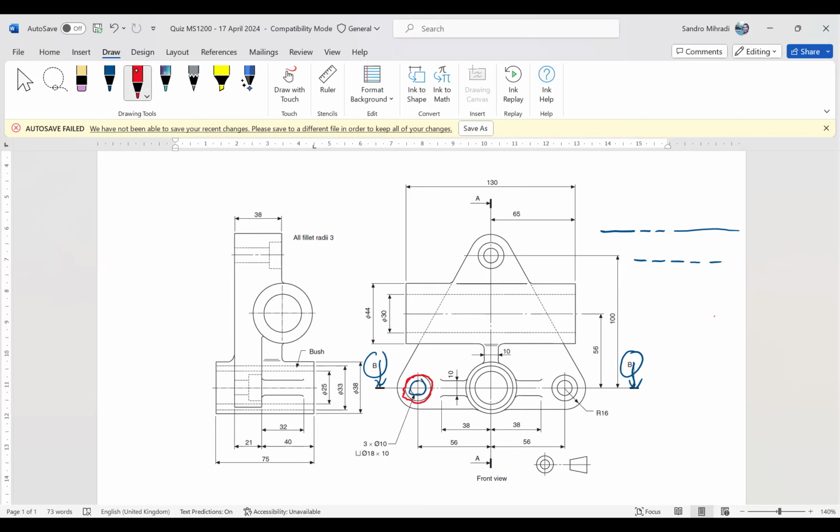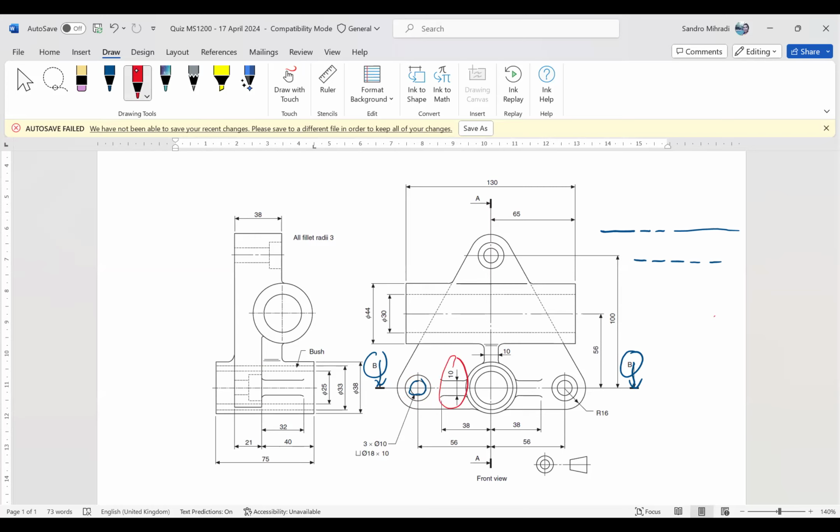Maaf Pak, jadi rib yang 10 mm itu berarti tidak usah digambar, tidak di section line. Yang di tengah, yang lebarnya 10 mm itu tidak usah digambar. Yang ini maksud Anda? Iya betul, karena itu adalah web.